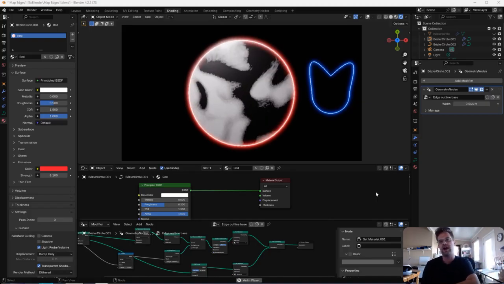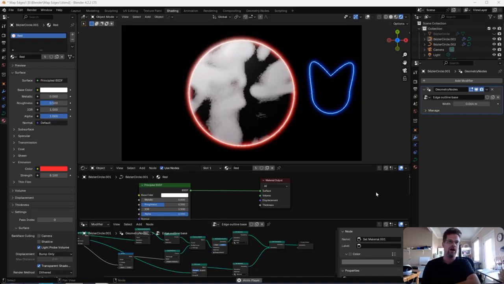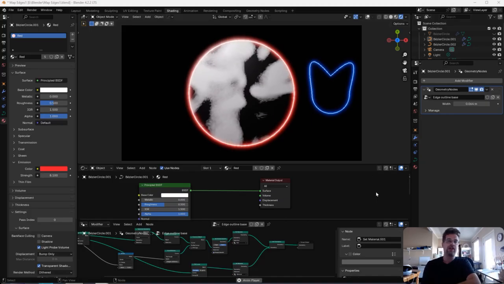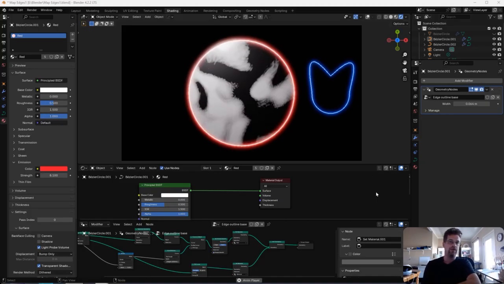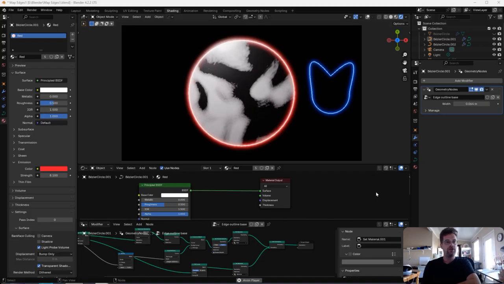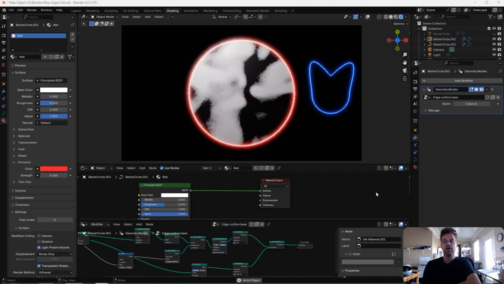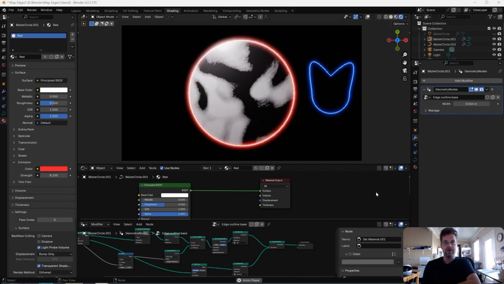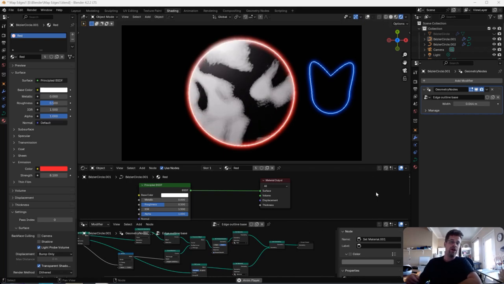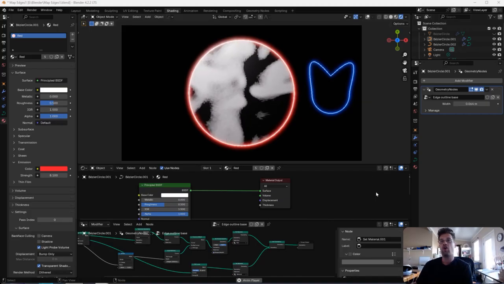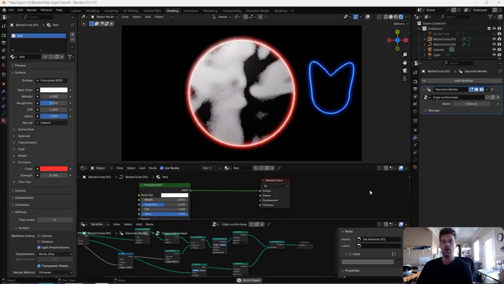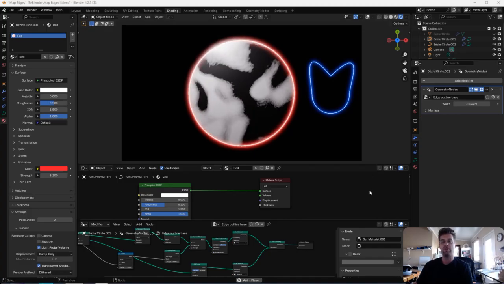So one of the things that I've noticed, a little bit about me: I like projection mapping. That's actually how I kind of got into all of this. I've always been interested in digital animation, digital art, multimedia, all those kinds of things. It's been probably 20 plus years of interest in how all this works. But one of the things that I've always noticed is that with projection mapping, there is